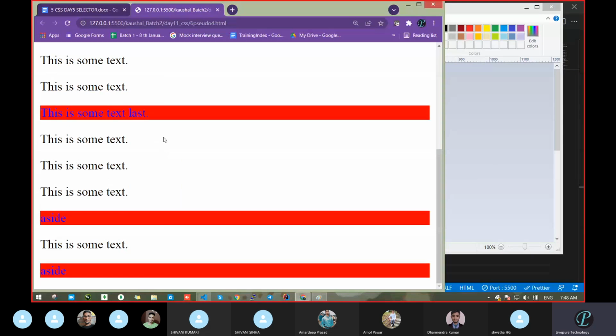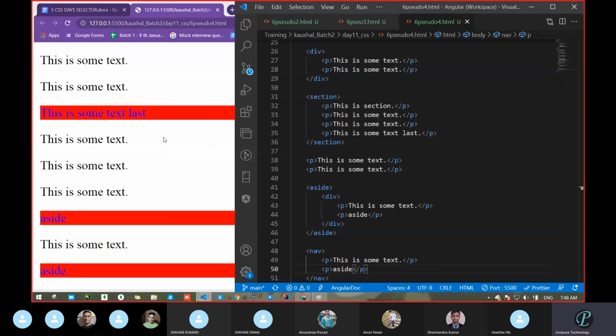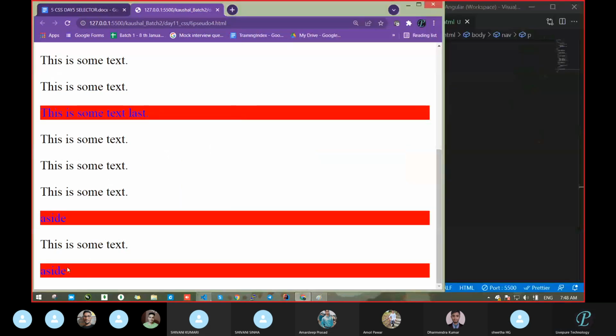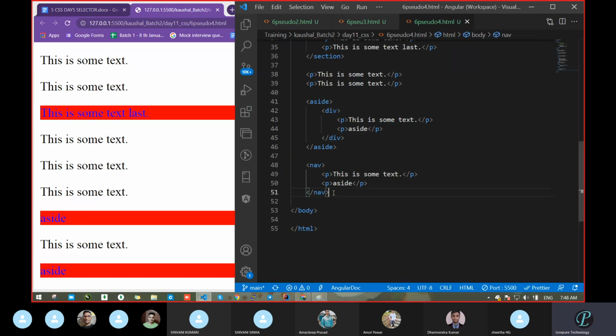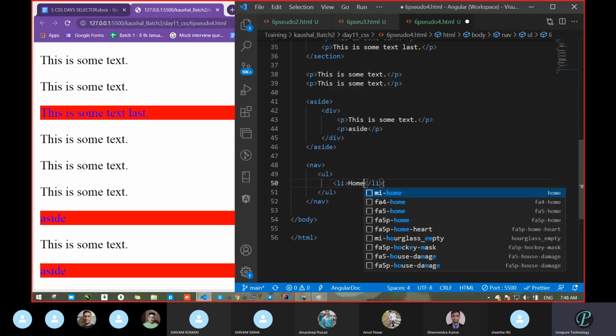Where is that? In the last side. Okay. What had it done? A side, this text is coming in the nav. It's not going to do anything, but due to this, we can get some sense that this belongs to the navigation. So navigation, then we can go with UL and LI, and pass that LI, okay, and pass home.